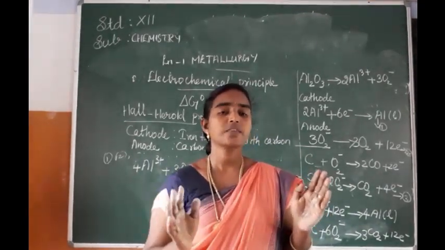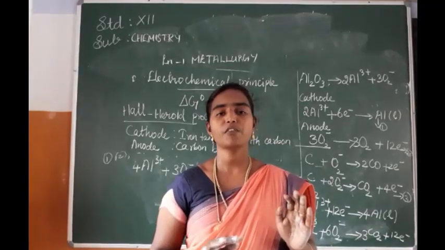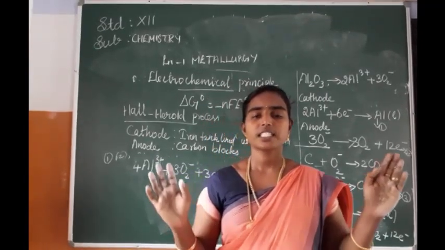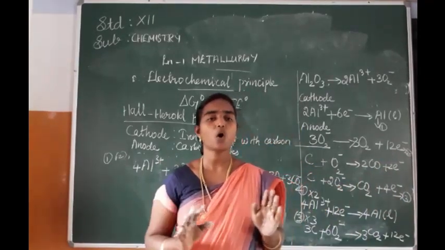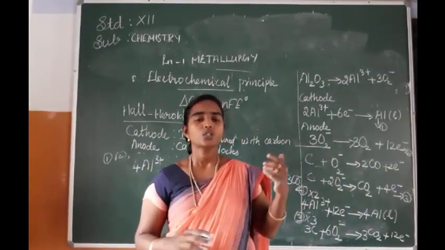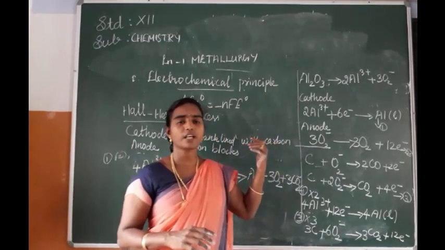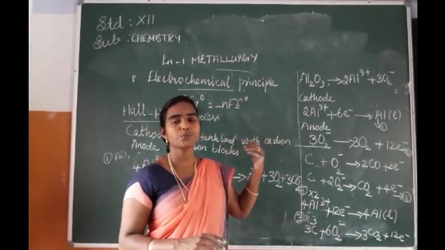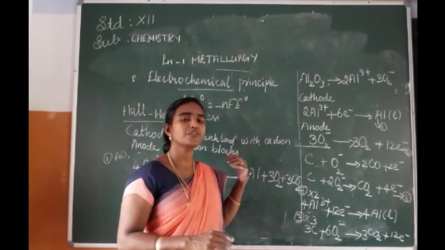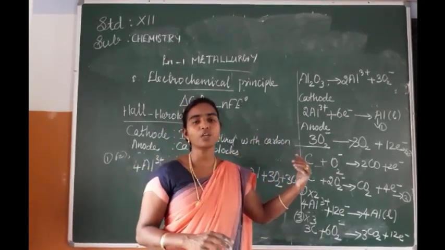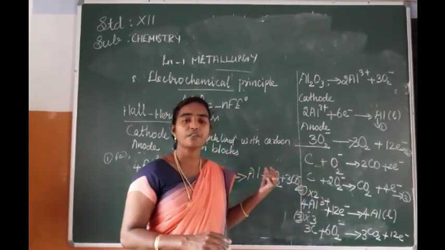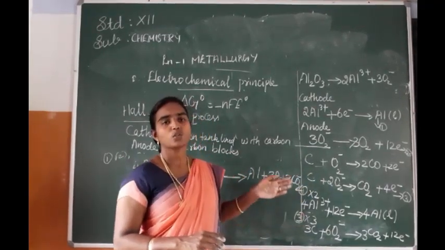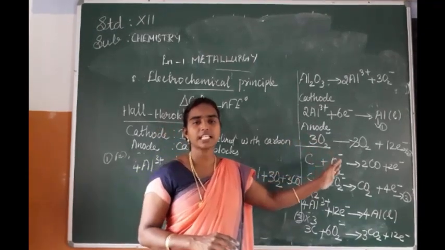Next, we have seen the electrochemical principle of metallurgy for the extraction of aluminium. The extraction of aluminium is done by the Hall-Heroult process. Using this process, we have seen the cathode as an iron tank lined with carbon. Carbon blocks are used as the anode, and as electrolyte we have used 10% alumina and molten cryolite. We have added 10% calcium chloride to lower the melting point. So finally, aluminium is extracted.